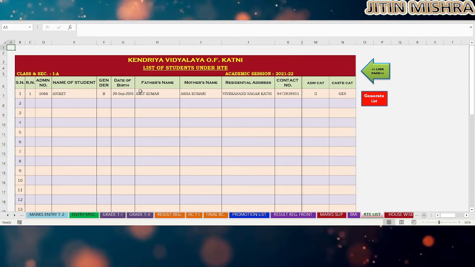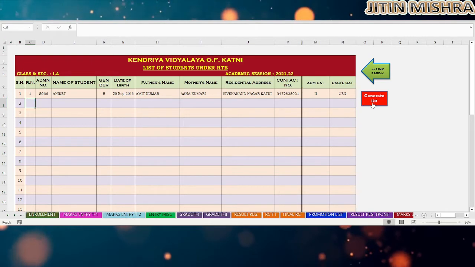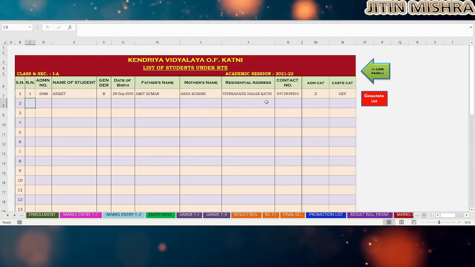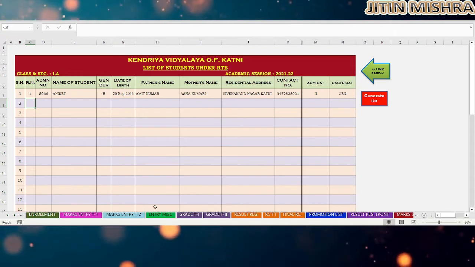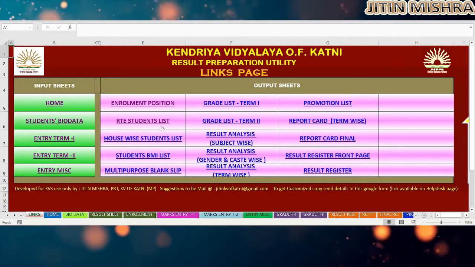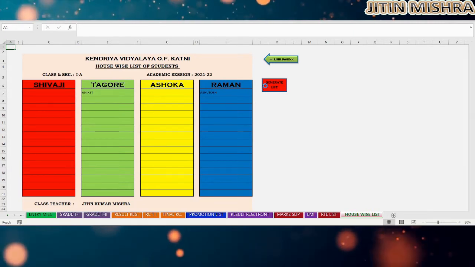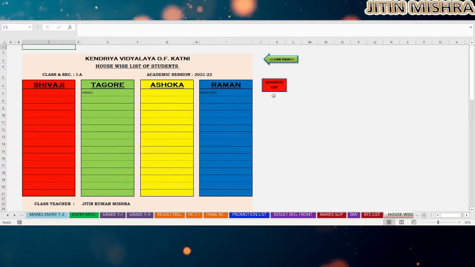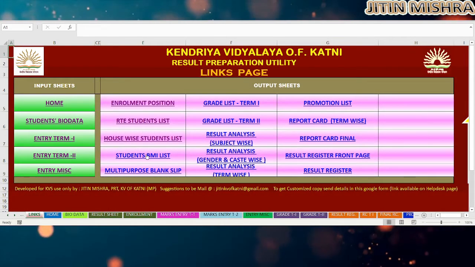If you mark a student as RTE in biodata, you have to click on this generate list. I have only one student, so only one student is in the list. And the house-wise student list works the same way. I have to click on this generate list button.